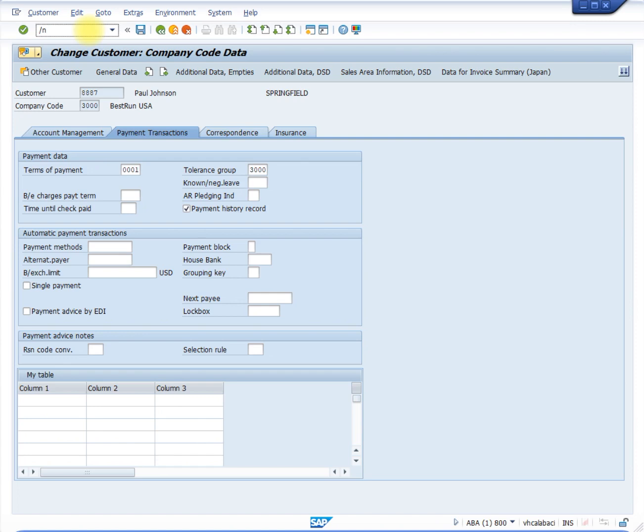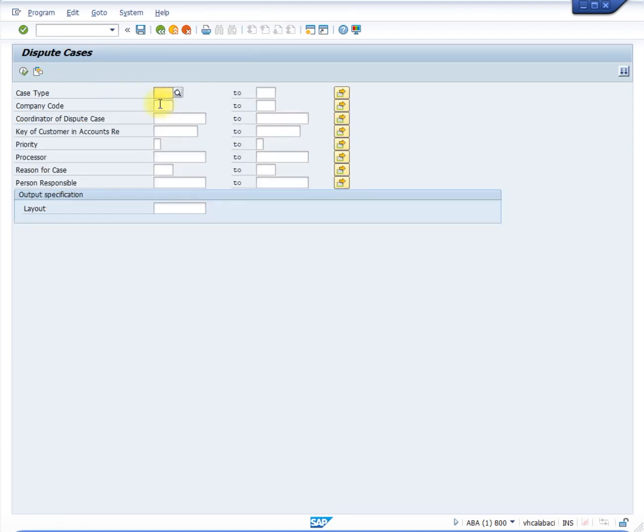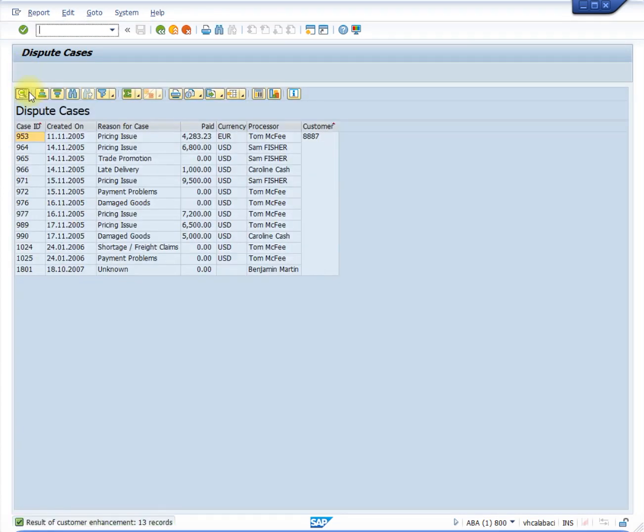This can be done via SAP Query SQ01. What pops up is an SAP standard evaluation with the query Dispute Cases in the user group GUI-XT already present. We execute Dispute Cases, enter the company code and customer number, run the query, and get an overview of all previous disputed cases, with the amount in dispute and the name of the case processor. This is the information we want for our new table. Going back to payment transactions,